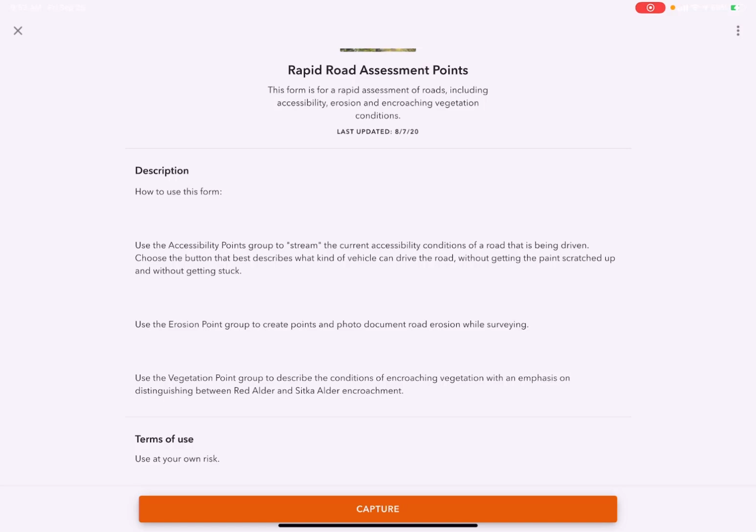which I like to include instructions for how to use the form in. You can also start capturing data right away by just tapping on the capture button on the bottom center of the screen. I'm not going to do that right now, but instead show you in the upper right under